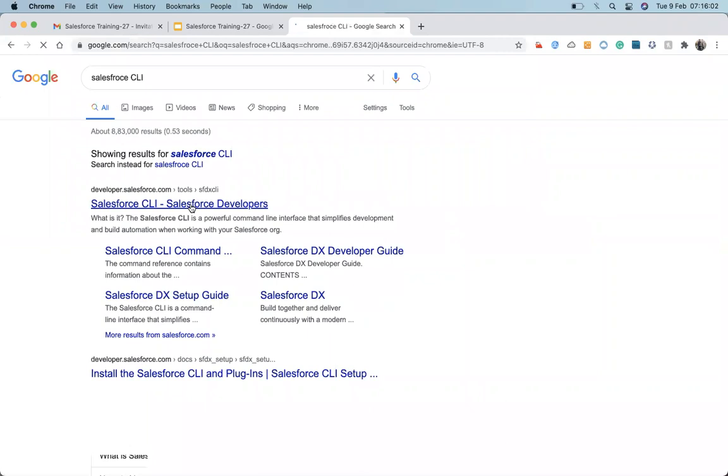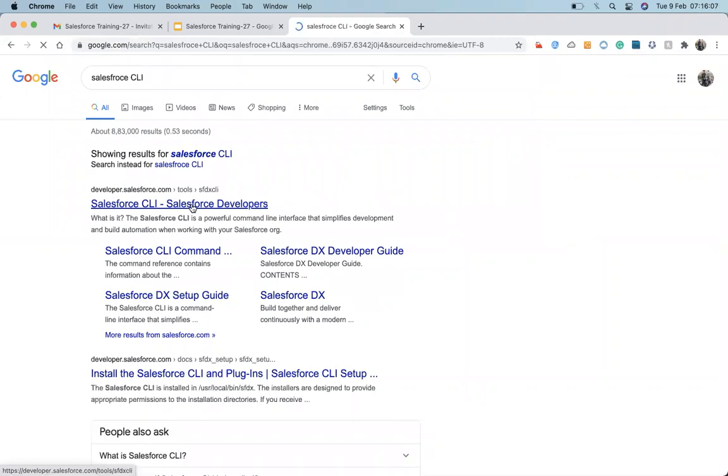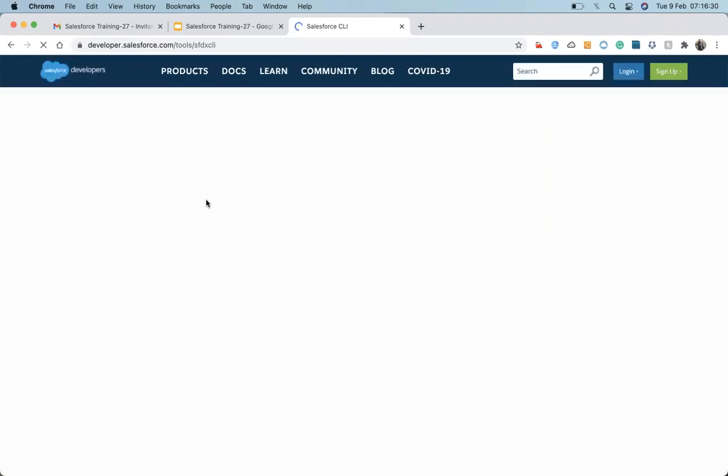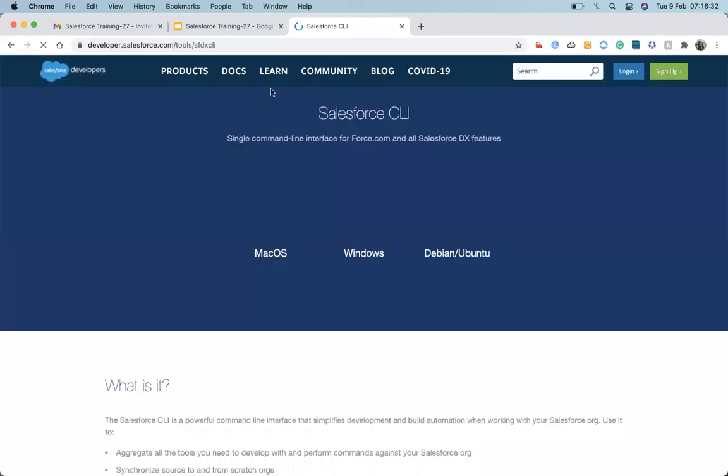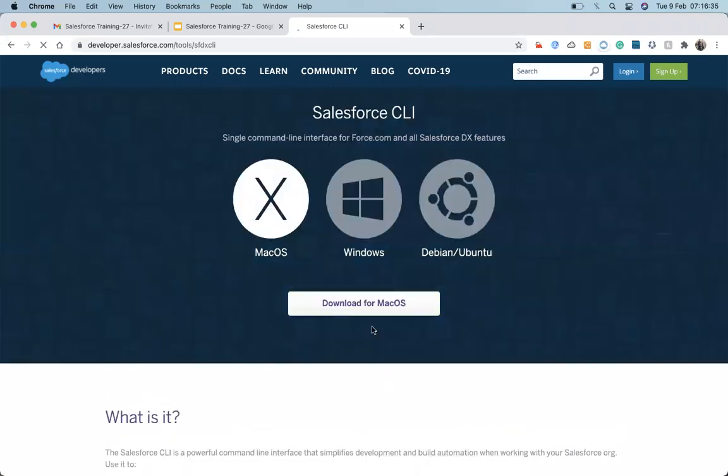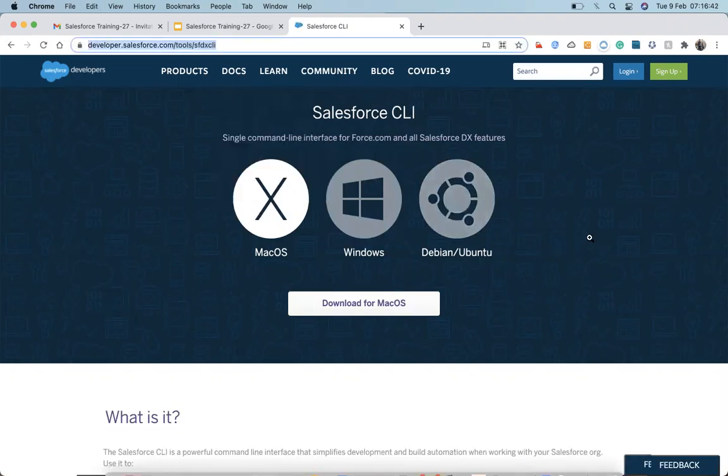Yeah, here. You will reach here and you have to download the CLI for your respective operating system.